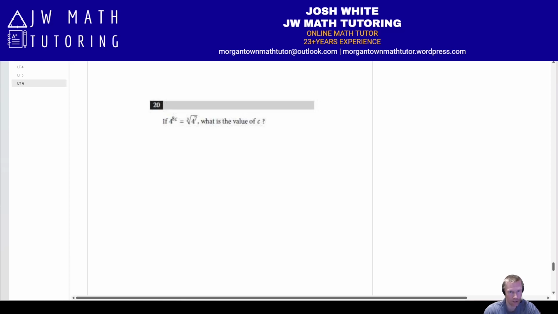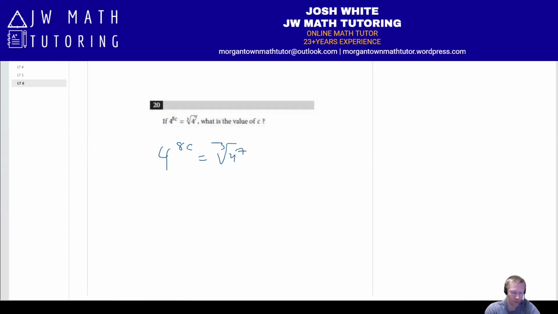Next up, let's look at number 20. Here we have radicals, we have some exponents, and basically an equation. What's the value of c? So what's going on here is you have 4 to the 8c equals the cube root of 4 to the